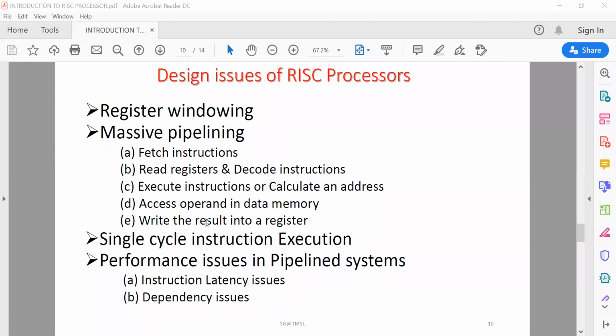Okay, a data dependency occurs when an instruction depends on the results of the previous instruction. A particular instruction might need data in a register which has not yet been stored, since that is the job of a preceding instruction which has not yet reached that step in the pipeline. And in case of branch instructions,